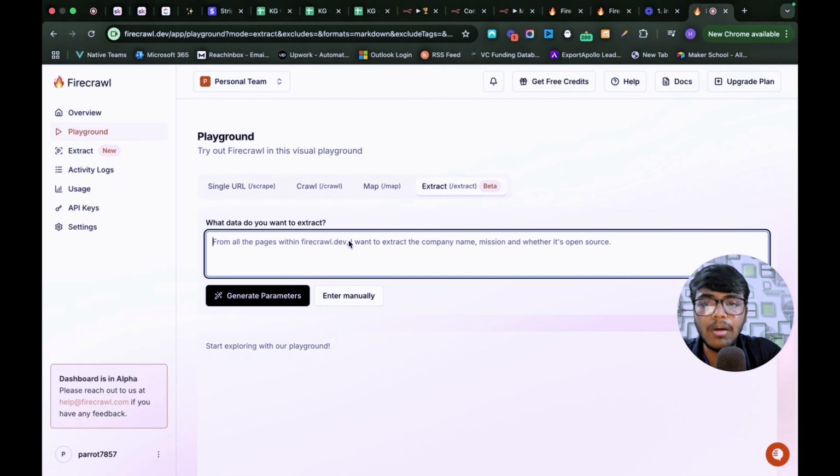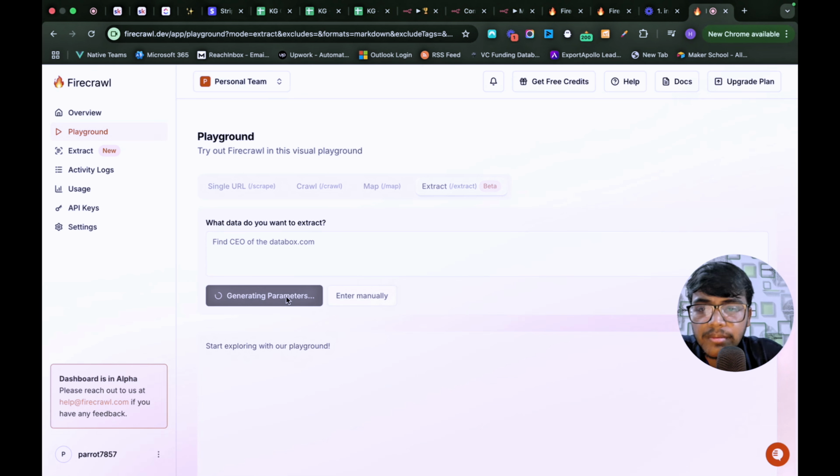And yeah, now another thing that you can do is find a lot of things using this particular extract function. Let's say you want to find the CEO name or the email address of the CEO for this particular website, you can do that as well. Let me show you that. Find the CEO of databox.com. If you just type that, and then click on generate parameters, it will take a few seconds